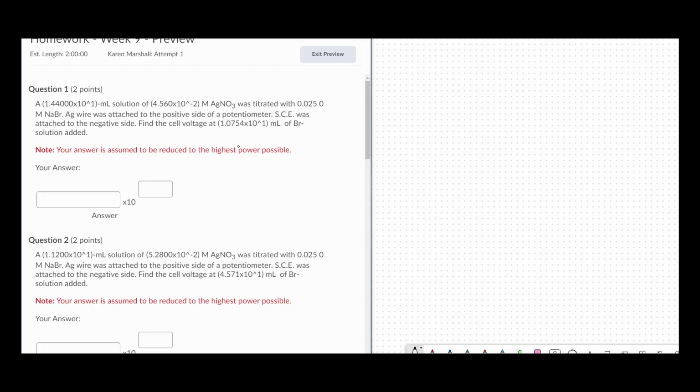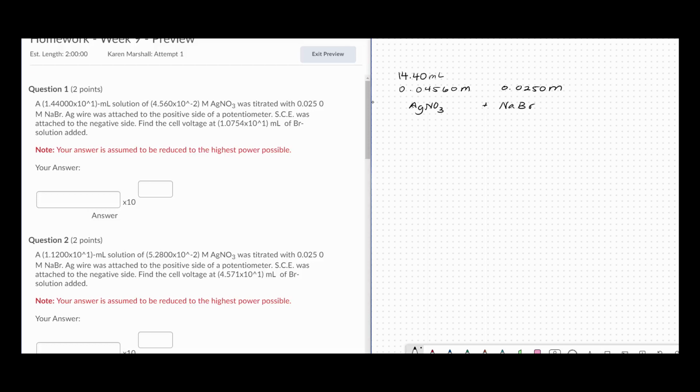For homework this week, we're going to start with a silver wire titration. So we have a potentiometric titration with a silver indicator electrode. We will have a 14.40 milliliter solution of 0.04560 molar silver nitrate. And we're going to titrate that with sodium bromide, and that sodium bromide has a concentration of